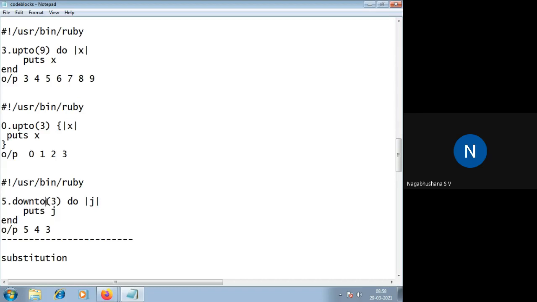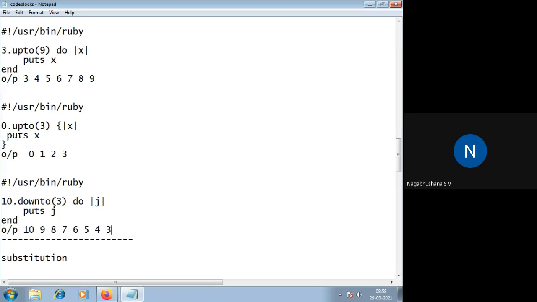5 is the upper limit and 3 is the lower limit, so it is going to print in reverse order, whereas in other cases it prints in increasing order. Suppose I write 10 downto 3, the output will be 10, 9, 8, 7, 6, 5, 4, and 3.